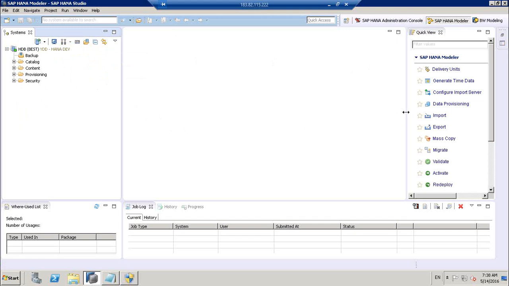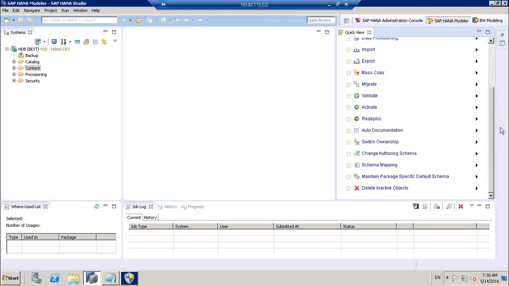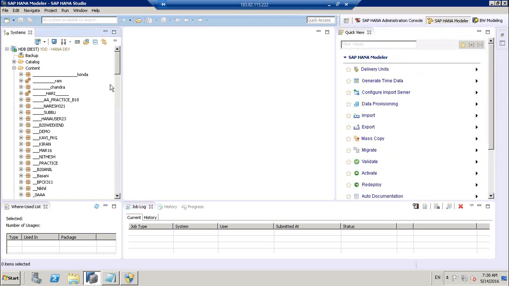On the left-hand side, we can see the system, and we have different folders. On the right-hand side, we'll be looking at the system overview. In the third session, I'll be taking all these tabs and the use of these tabs. When we go for Content,